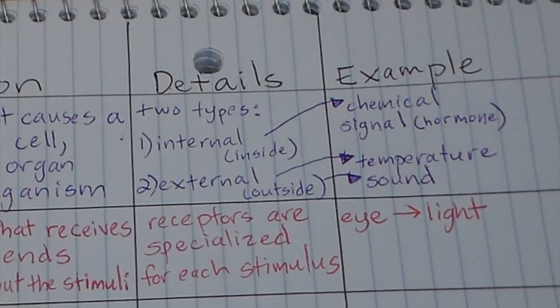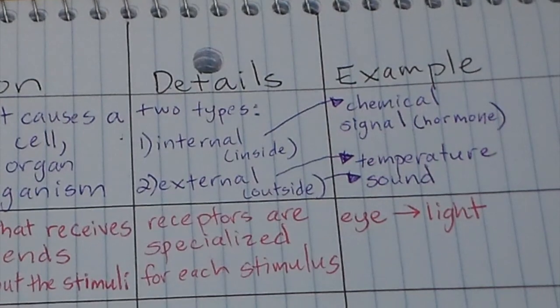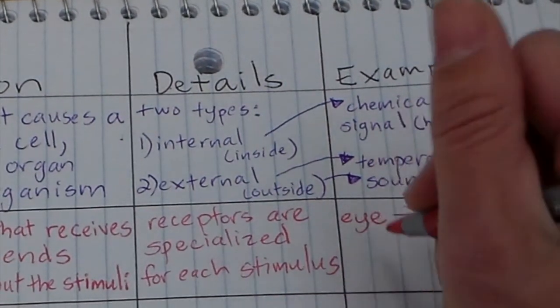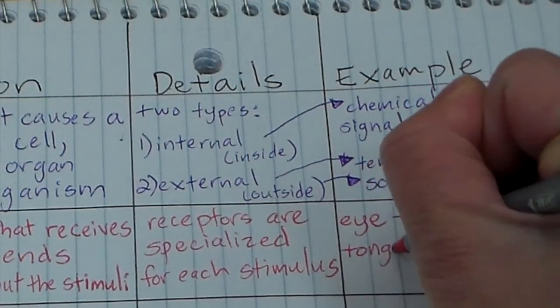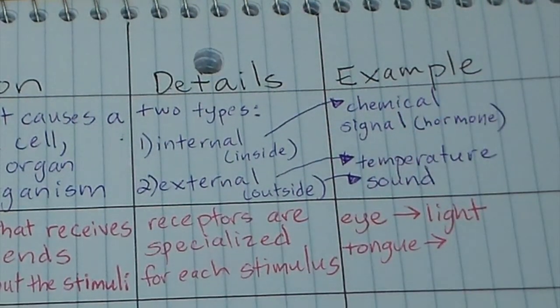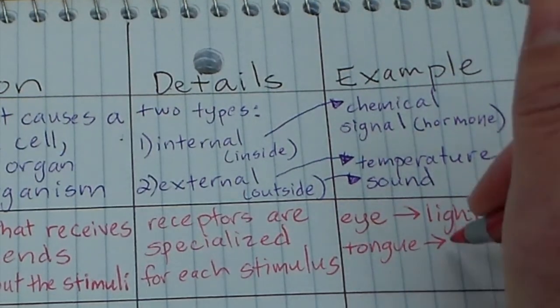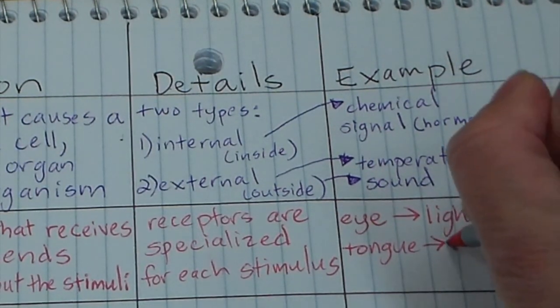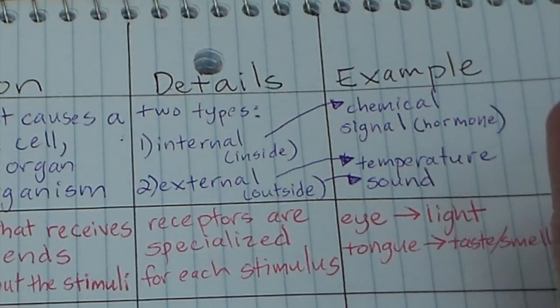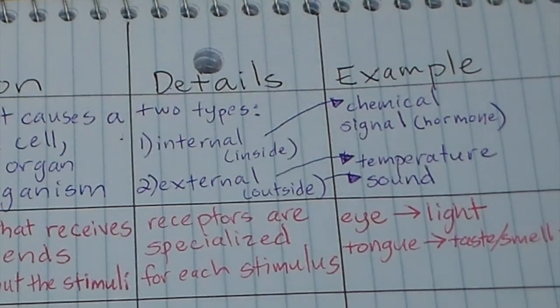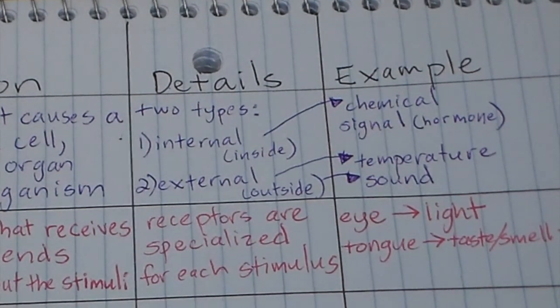Another structure I'm thinking of particularly in snakes, but this also applies to humans. Many organisms have a structure called a tongue, and especially in things like snakes, that tongue is giving them information about taste, and also in the case of many snakes, about smell. So the tongue is a receptor. It picks up information about taste or smell, and then it sends that information on to the rest of the